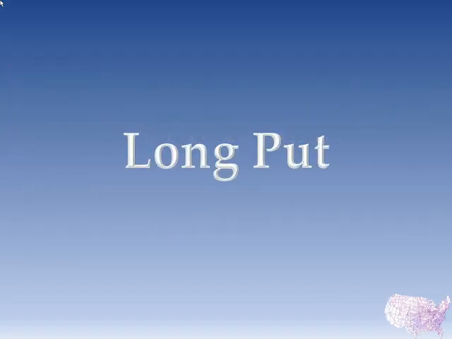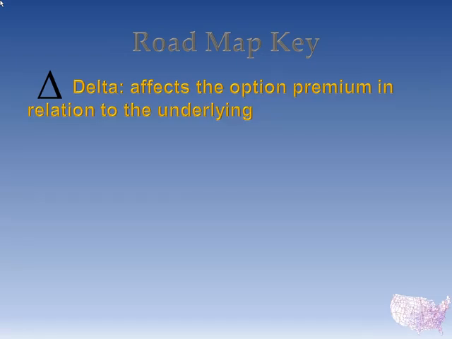So again, we are doing this long put, but I want you to forget about that for a moment. We're going to find our way to the long put eventually. But when we're looking at a roadmap, we have that little key down there, that little insert that tells us where the roads are, what type of roads they are, and where the intersections are that we can get on and off of different interstates. So we need to know what the key is telling us in order to be successful. And that's the same thing that goes with trading options.